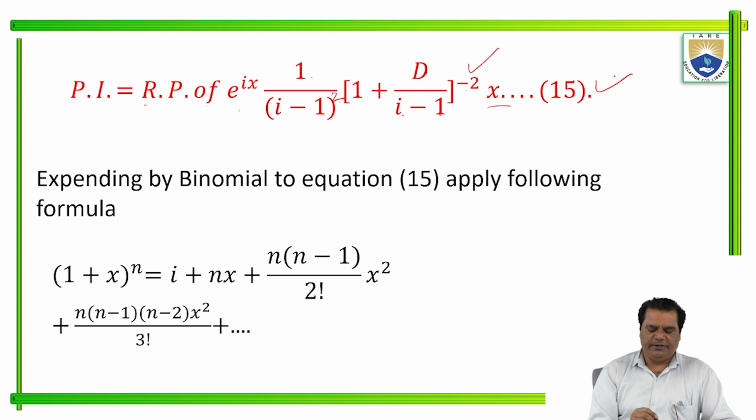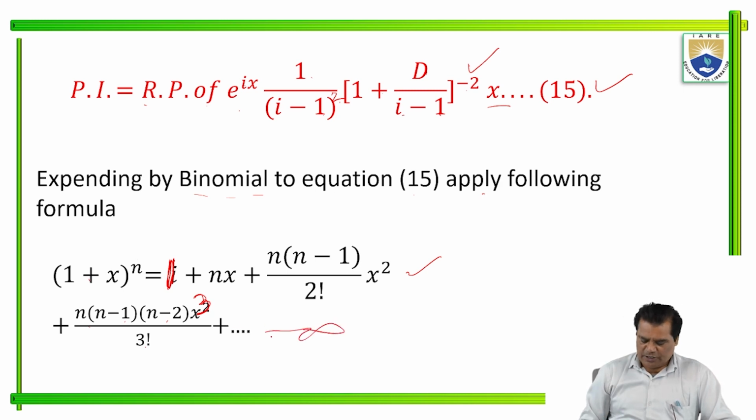This is equation 15. Expanding by binomial, apply the following formula. This is the binomial formula: (1 plus x) to the power n equals 1 plus nx plus n(n minus 1) upon factorial 2 x square plus n(n minus 1)(n minus 2) upon factorial 3 x cube, and so on. This goes up to infinity. So now here